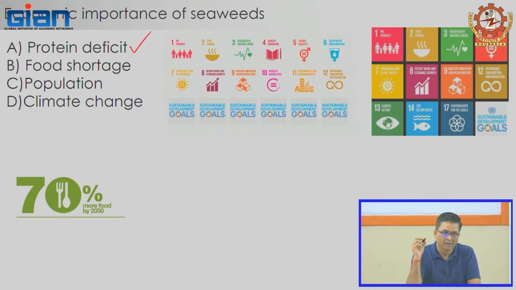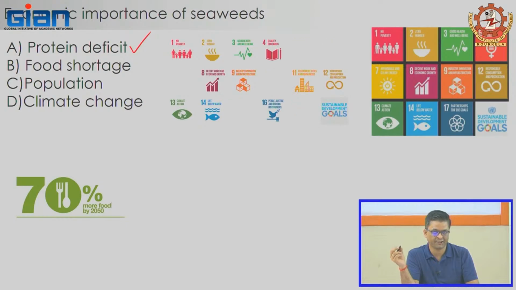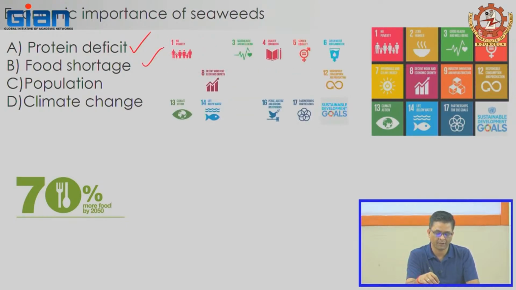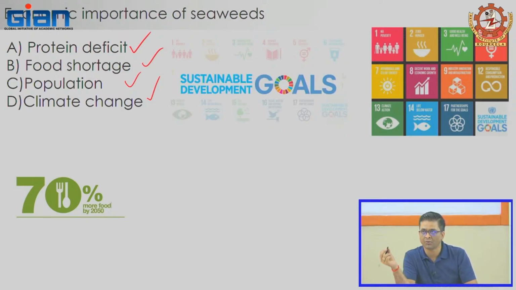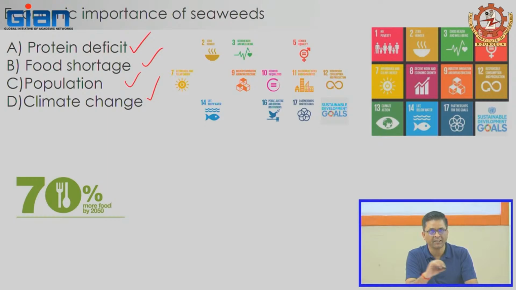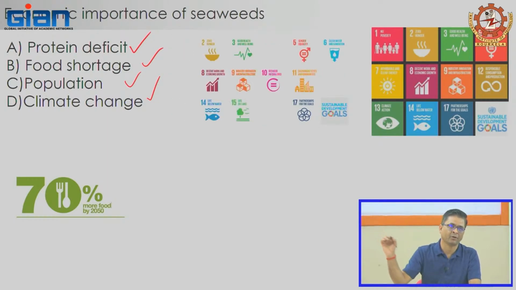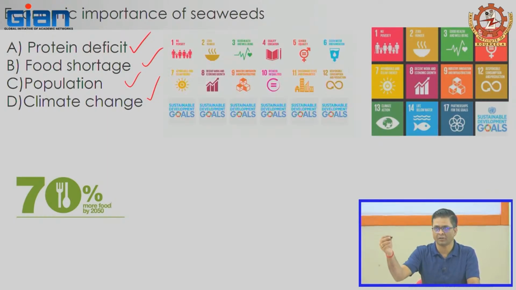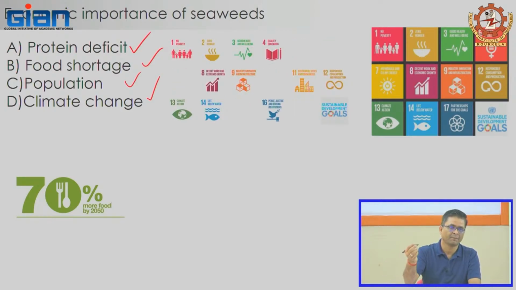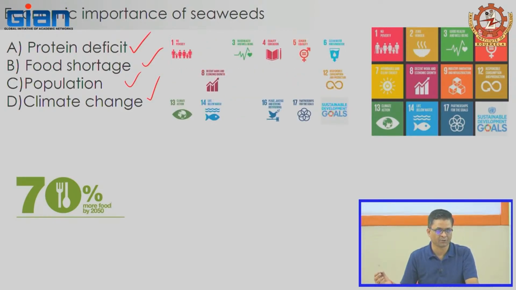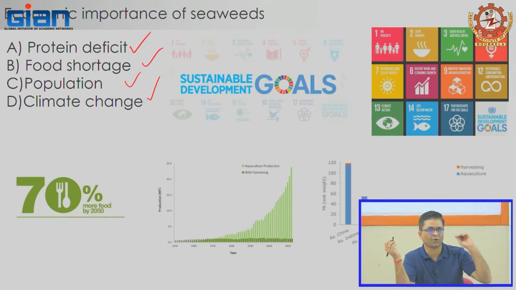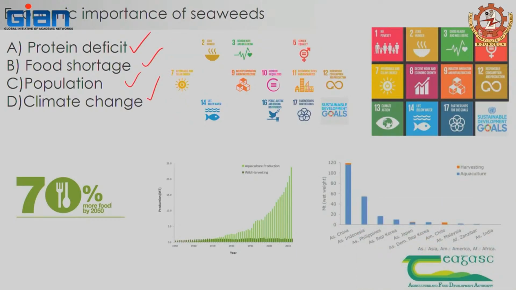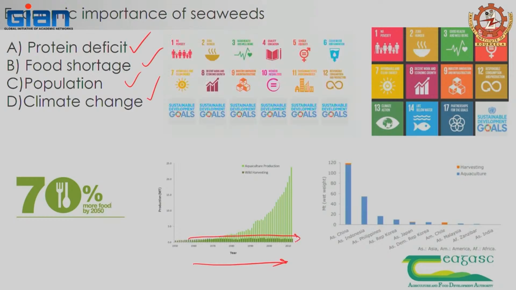One, it can address the issues with protein deficit, food shortage, population growing and the climate change. So we need to produce crops which are carbon neutral or carbon negative. Anything we produce has an impact on the climate, whether it's rice, wheat, any other crop we grow, they have impact on environment, because we need land, we need fertilizer, we need resources. Whereas seaweed does not need that sort of input, because you just throw it into the sea, it grows on its own. As you can see, these are again the statistics of how the wild harvest remains stagnant and